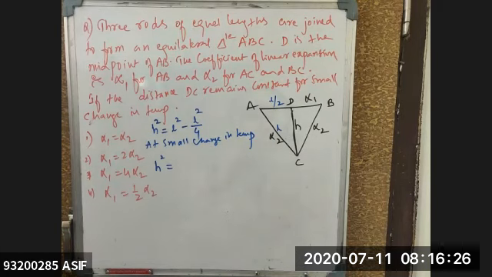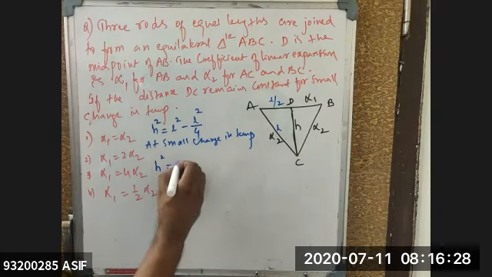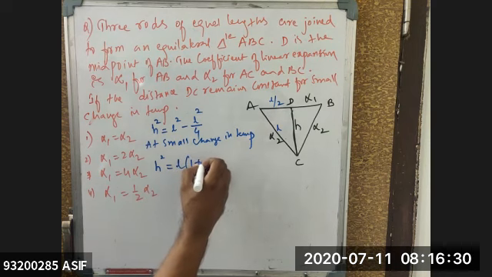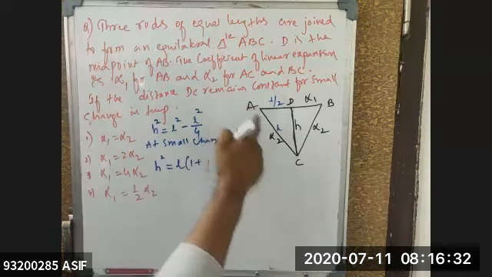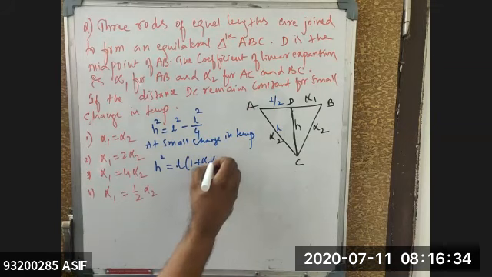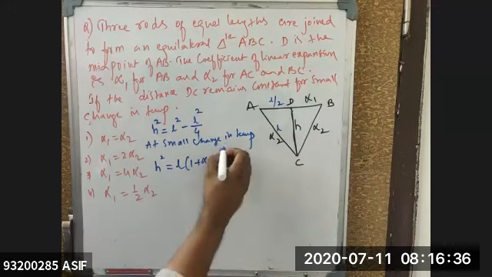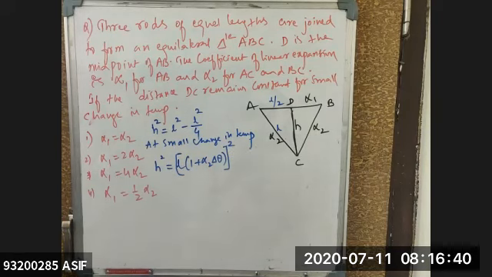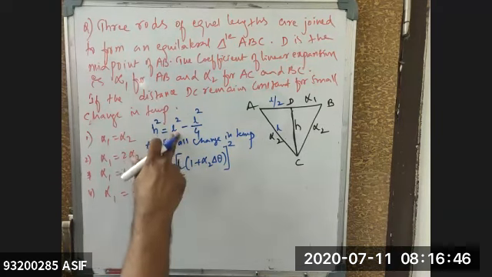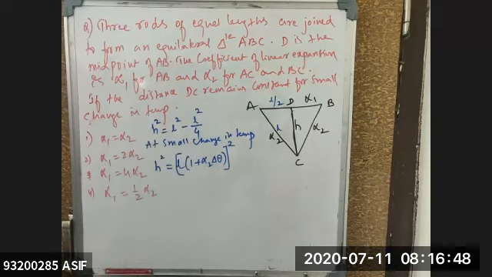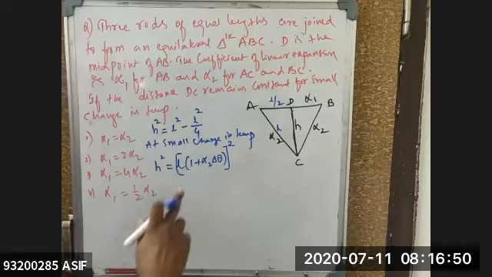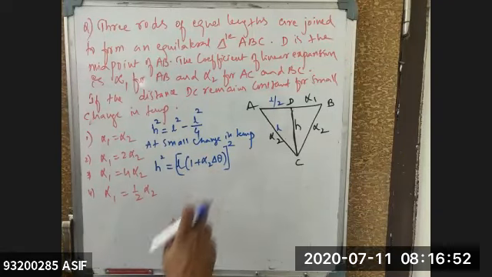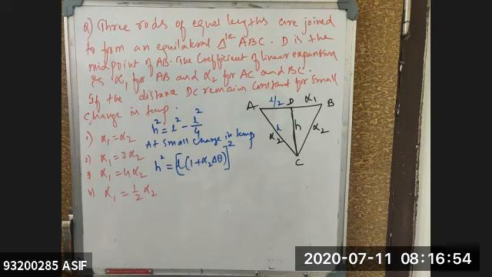Because that is nothing but your final length. So that will become for me L into 1 plus alpha 2 into delta theta, whole square. Can I write like that? L is nothing but the expansion, the final length. After giving a small change in the temperature, there is a change in the length, but H will remain the same. So L2 is equal to L into 1 plus alpha 2 into delta T, whole square. Is this step clear for everyone?